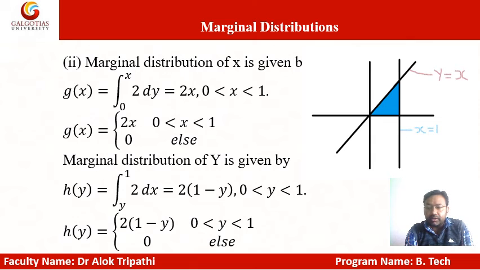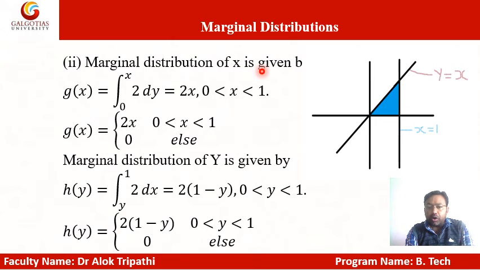Now what was our region? Our region was, you can see in the picture, x lying between 0 to 1. On the origin the value of x will be 0, and this is the value x equals 1. We have drawn this line, this is the x equals 1 line. We have drawn the line y equals x. Now see,